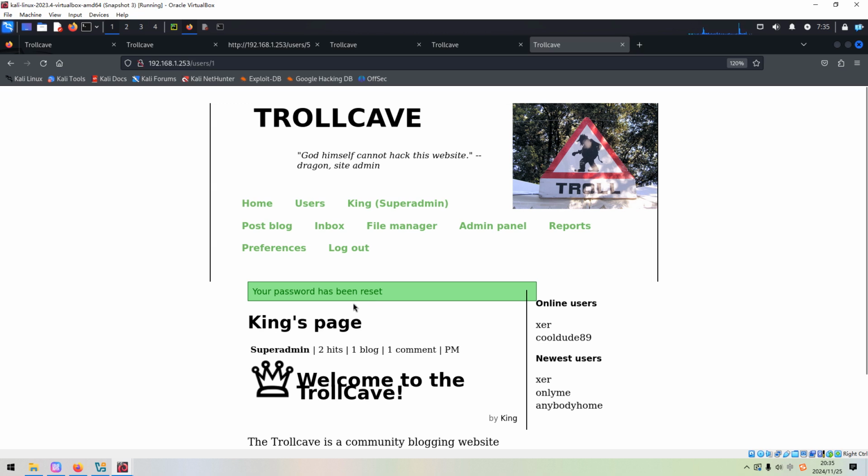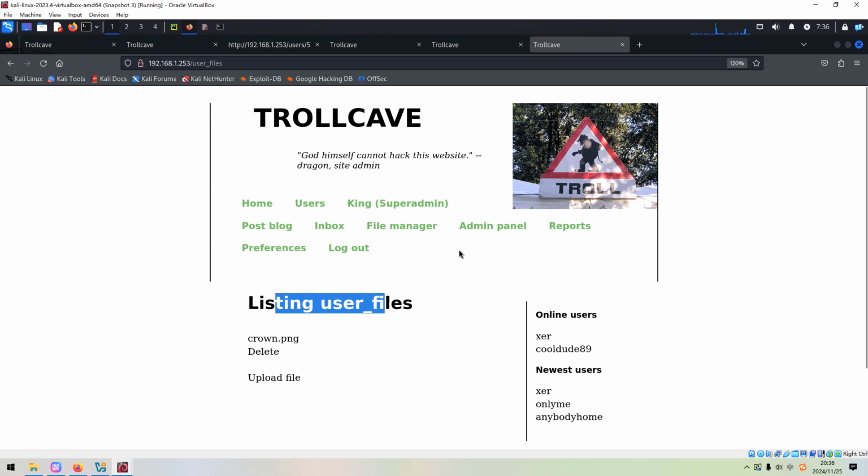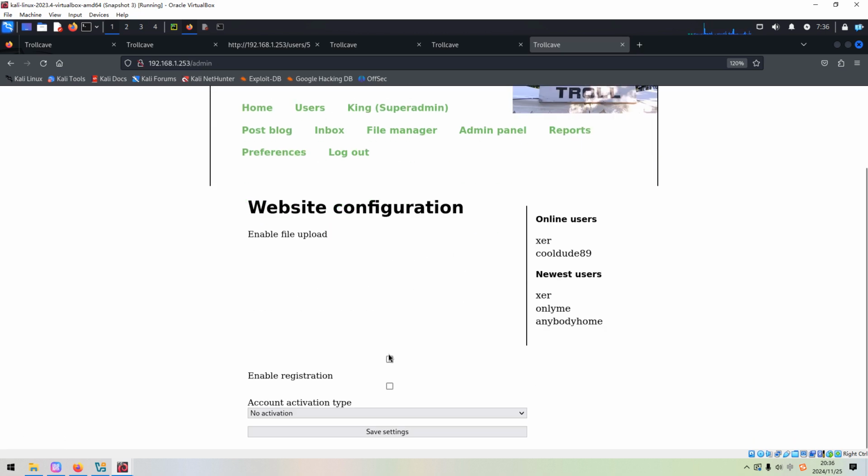We have now logged in to the king's page, and here is the file manager, listing user files. But we need to go to the admin panel first to enable the file upload.